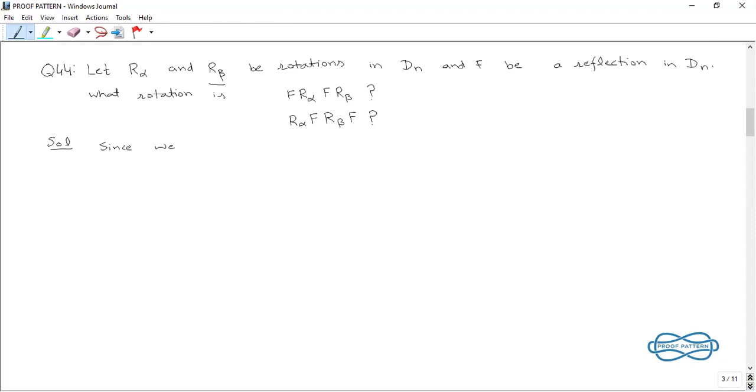Since we know that F R alpha is equal to R minus alpha F, and similarly F R beta is equal to R minus beta F. This identity is proved in question 43. You can see. Okay. Now consider